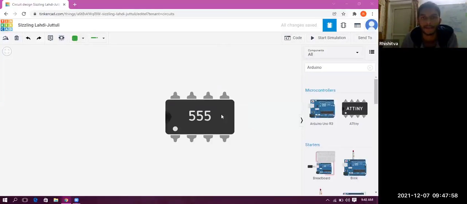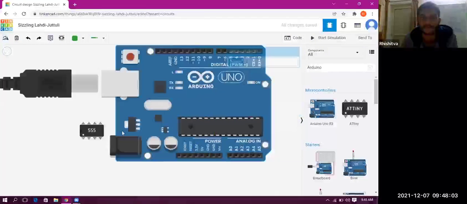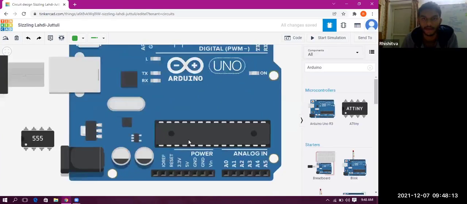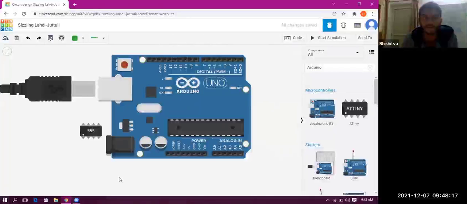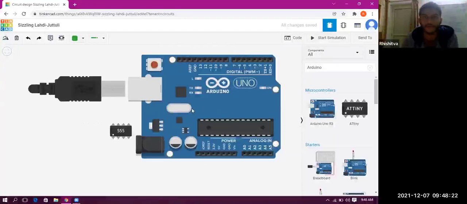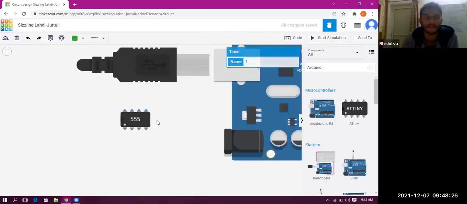Then this Arduino is a microcontroller. An IC over here is this black part, with terminals on one side and terminals on the other side. You see this IC is smaller than the microcontroller, so these are basically embedded on a microcontroller. This is an IC. This is a 555 timer.